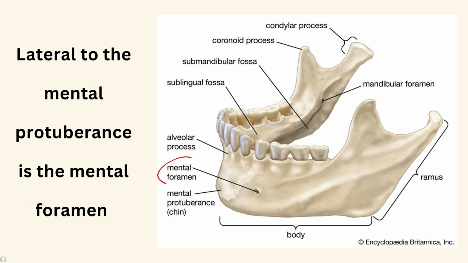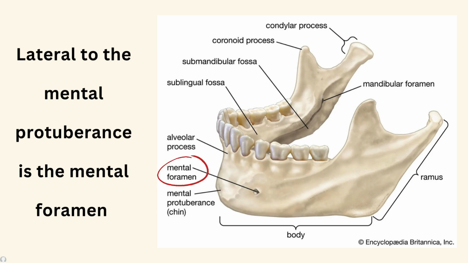Lateral to the mental protuberance, as you can see, is the mental foramen. What is the mental foramen? Foramen means it's an opening through which the neurovascular structures exit. Which neurovascular structure? The mental nerve exits from the mental foramen. Remember, the mental nerve exits from the mental foramen, the mental nerve which supplies the buccal gingiva of the lower anterior